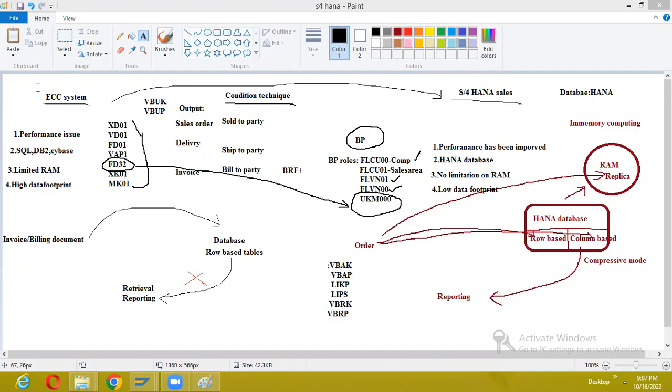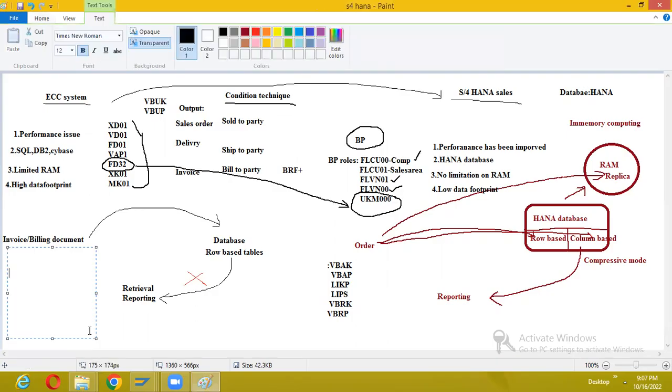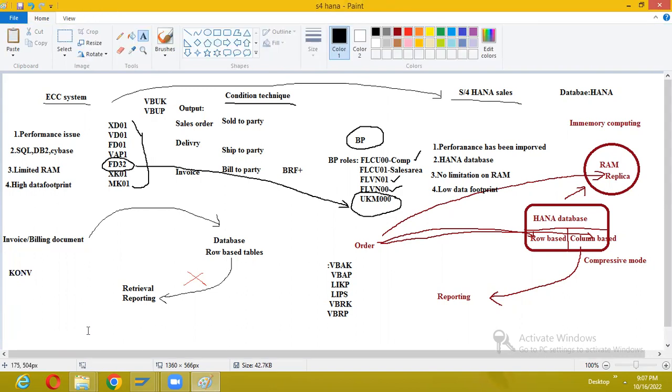And in ECC, one more important change is, whenever you execute some transaction, you create some order, delivery or billing, where does the system store the condition type value? The system stores that value in the KONV table. How do you find the condition types for a specific sales order in KONV? You don't have direct sales order execution here. You cannot pass any sales order to KONV. First, you need to go to